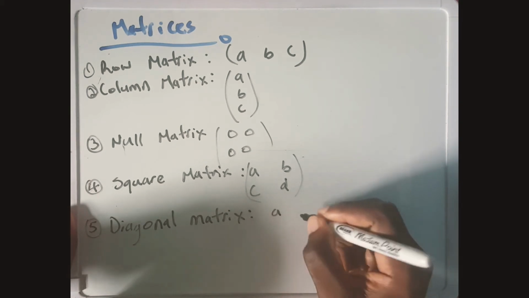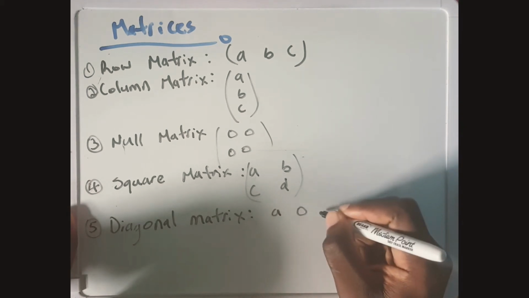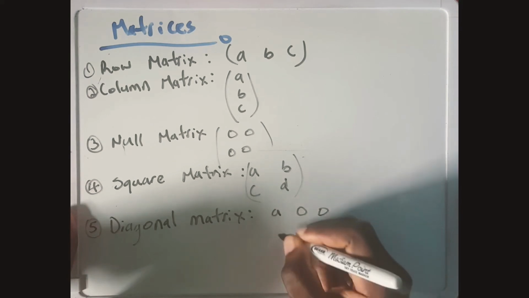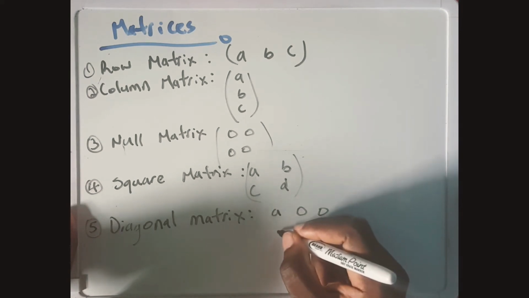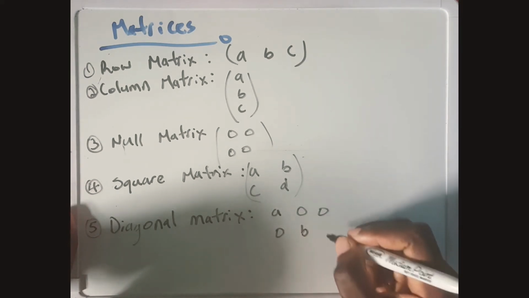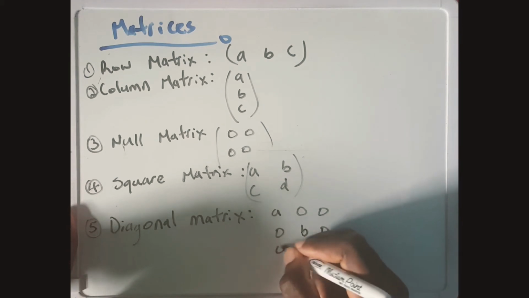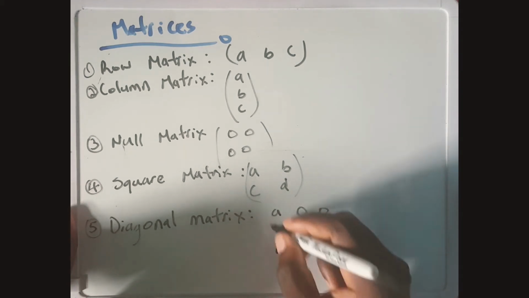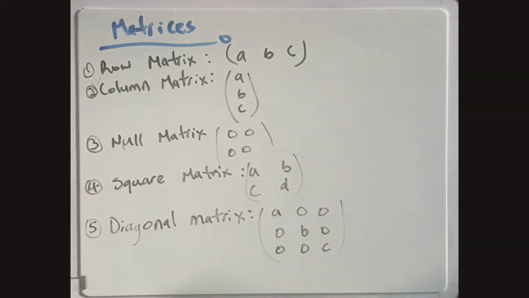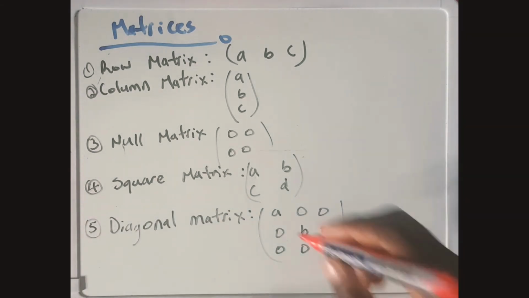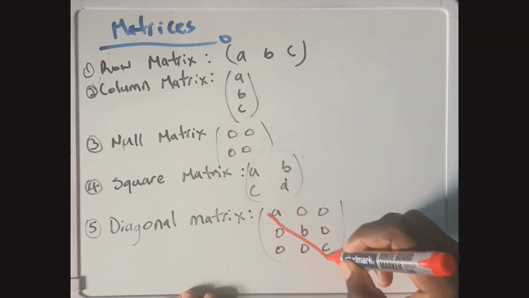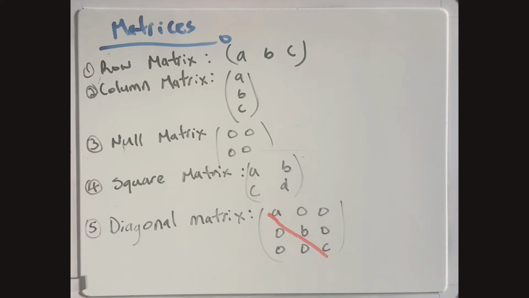So if I have A, I'd have a 0 here, a 0, and for the second row I'd have a 0, then B, 0, then 0, 0, C. And as you see along the diagonal, which we call the leading diagonal, we have A, B, C. That's where we have elements with values. The others